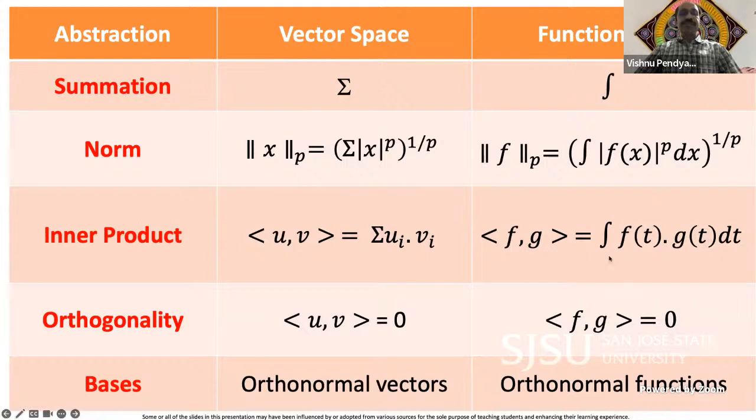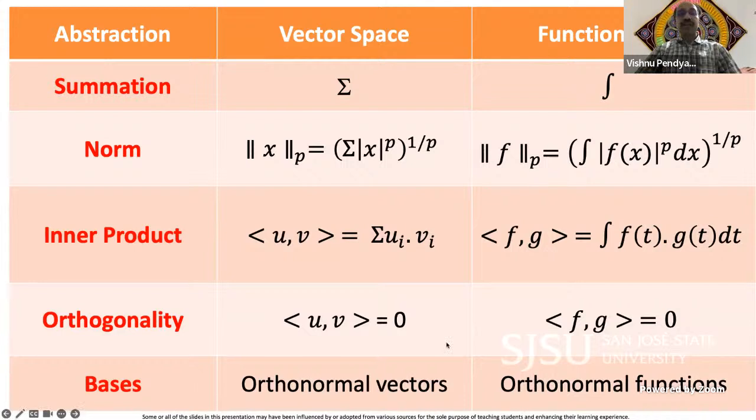But as long as the two entities follow those properties, we call it an inner product. So for functions, the notation is the same, but we are going to use an integral symbol instead of the summation symbol. Orthogonality is also the same. Where does orthogonality come into picture in function spaces? When defining basis, for instance, right? You express a function in terms of the basis vectors or basis functions in case of function space. So the basis functions have to be orthogonal. They must be perpendicular to each other.